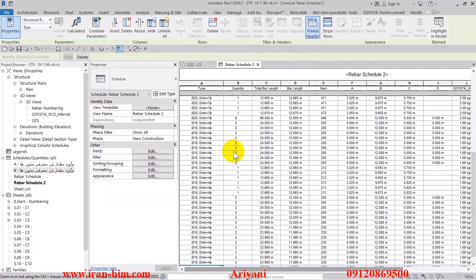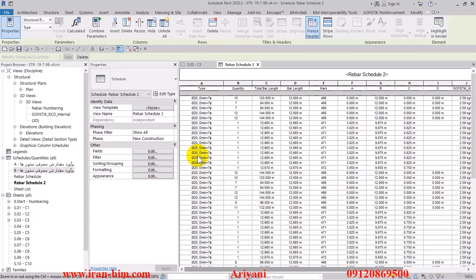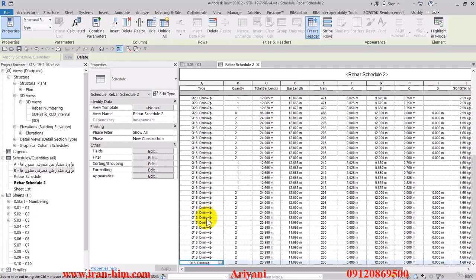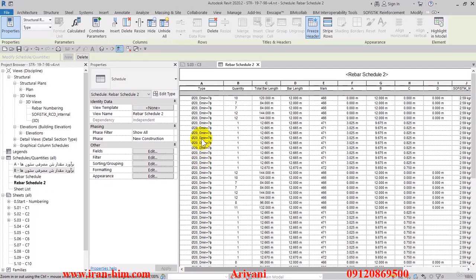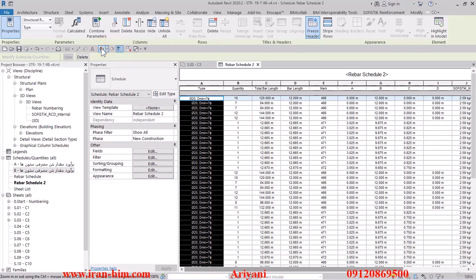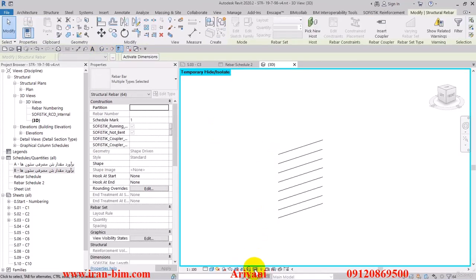For now, we'll just say the type 8 rebar is thermal resistant and we'll leave it alone, but the type 16 and 20 are important to us. So I'll select this, hold the shift, and select this one and go over to the 3D view. Then hit reset here, and then after that